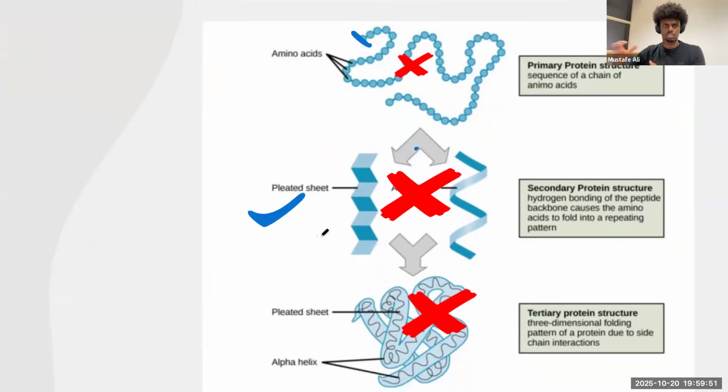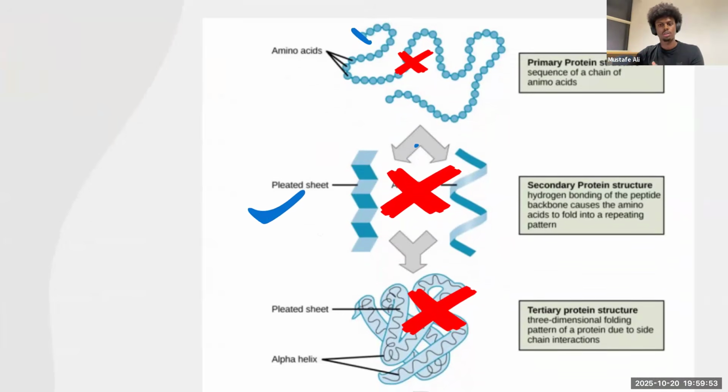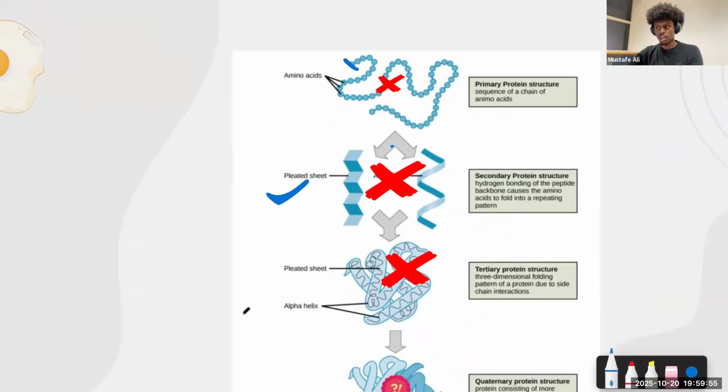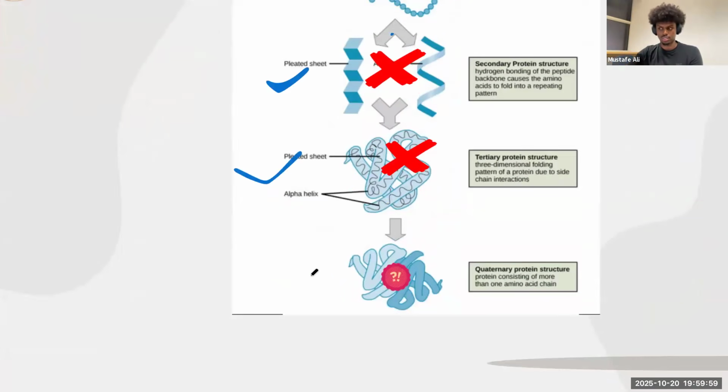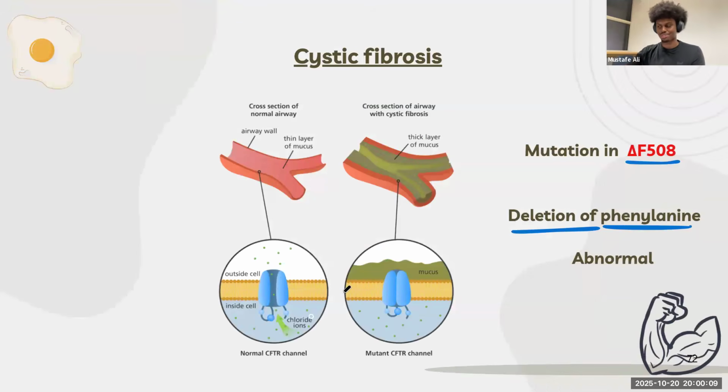Because it's basically just the primary structure put together. And because the secondary structure is affected, the tertiary structure will also be affected. Because the tertiary structure is affected, what will lead to the quaternary structure? What do you guys think? It will be abnormal. The domino effect, exactly. Because of bad stuff, thank you very much.